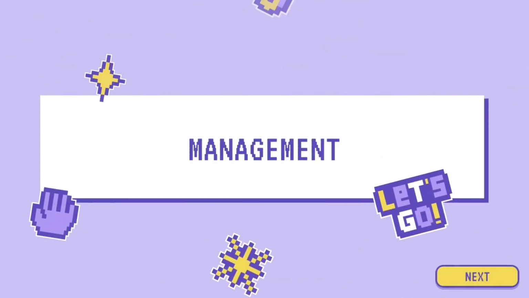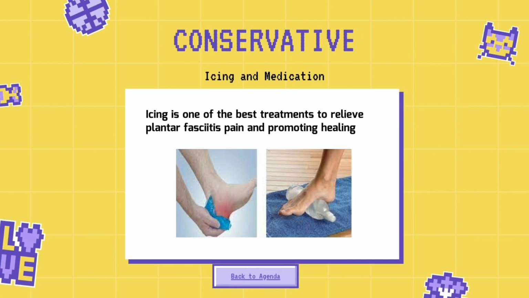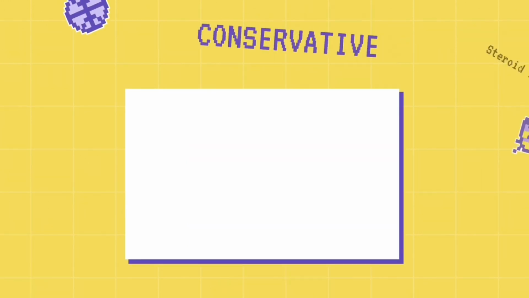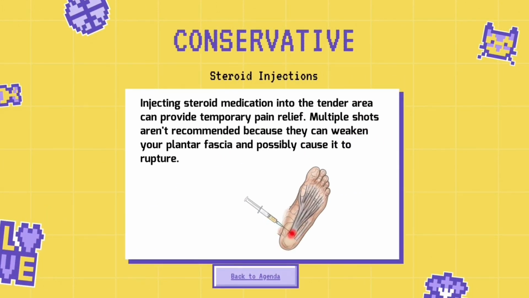Management. There are many ways to treat this condition conservatively. Firstly, putting ice on the heel helps to relieve the pain and promote the healing process. There are also oral anti-inflammatories like Advil and Motrin, which can ease the pain and inflammation of plantar fasciitis. Next is injection of steroid medication into the tender area. It can provide temporary pain relief, but multiple shots are not recommended because they can weaken your plantar fascia and possibly